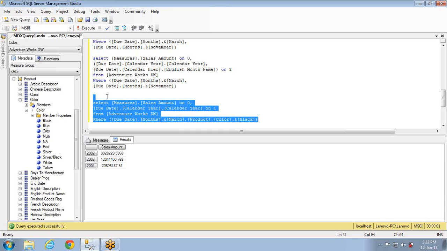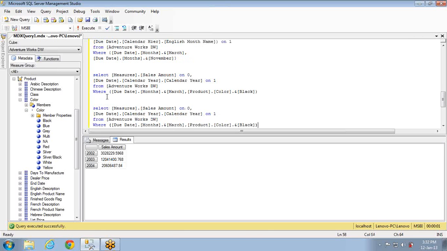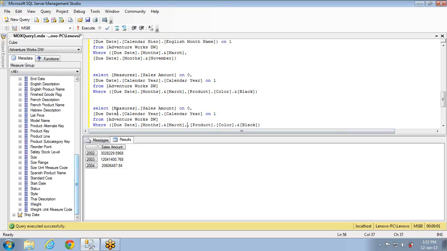Let's see how. Let's say your requirement is you want to get the sales for the month of March as well as what is the other month we have taken? It is November, right? So November. Then what will this be? These two will form a set. The month March and month November will form a set. So make it as a